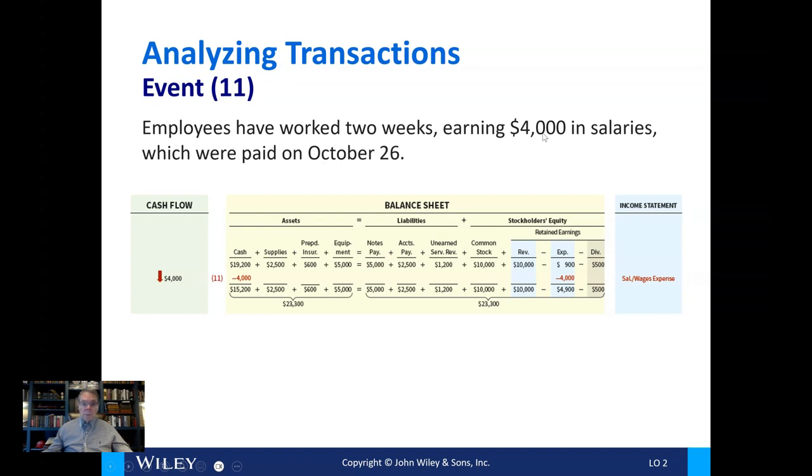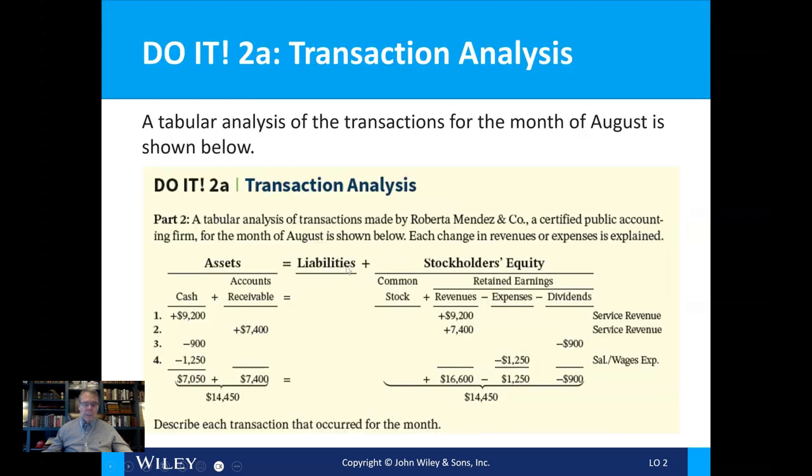Employees worked 2 weeks, earning $4,000 in salaries, and were paid. All right. So again, expense that decreases our net income, which decreases retained earnings, which decreases shareholder equity. And we've used cash, so we've got a decline in an asset, no impact on a liability, and a decline in shareholder equity. And so here are these transactions, and again, assets of $14,450 are equal to liabilities of 0